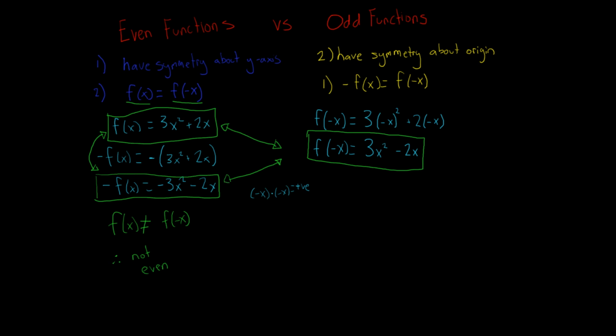So f of negative x does not equal negative f of x, because that's the criteria for our odd function. Therefore, this function is not odd either. So if we want to make an overall statement, we could say, therefore, the function f of x is neither